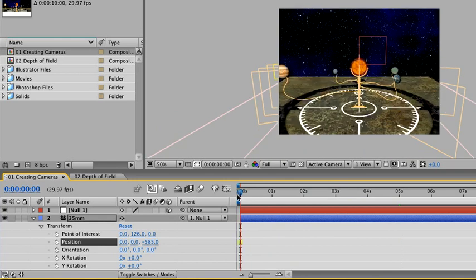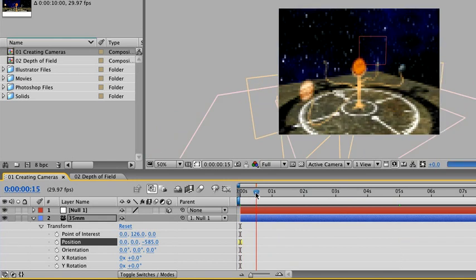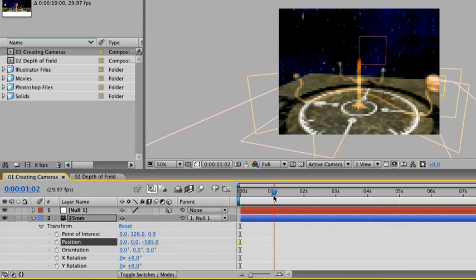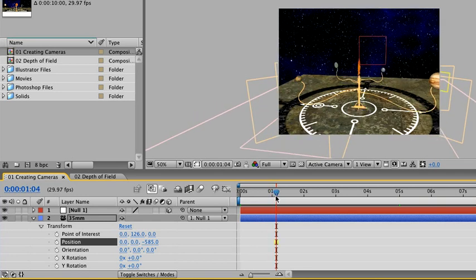However, if we look at our current animation around 1 second, we can see that as the camera flies around the outside, the sun turns into a paper-thin layer. Remember, these are just flat cards sitting in 3D space, and as we come around to the side of the sun, it reveals the depth of that layer. In order to correct this, we can select those layers,